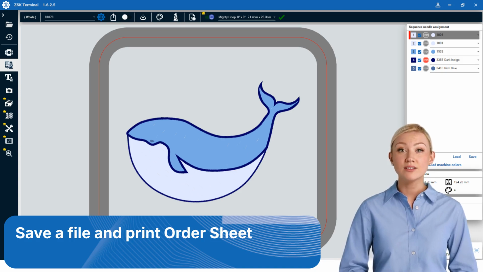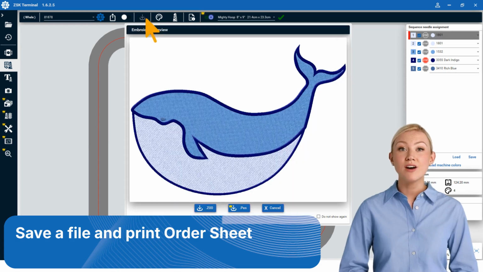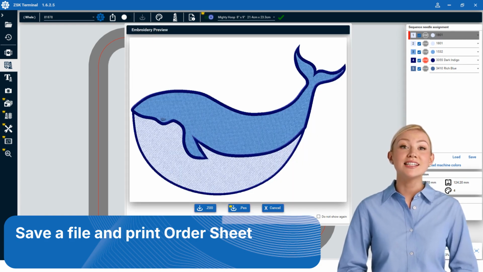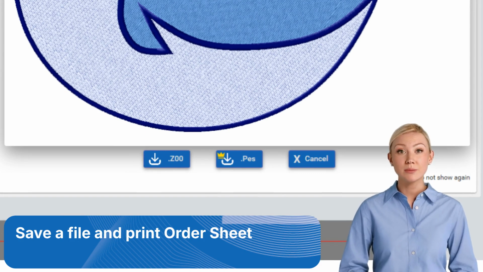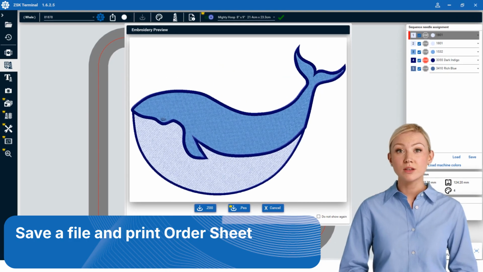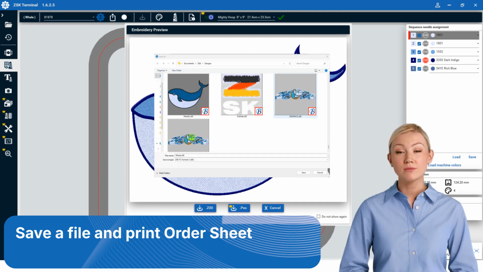To save your design, click on Create an embroidery file. You can choose to save it as a Z00 file for your ZSK machine or a PES file for your Brother machine by clicking on the icon. To create a PES file, you'll need the premium module with the export function. After saving,